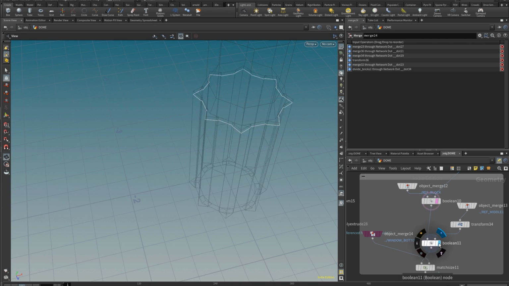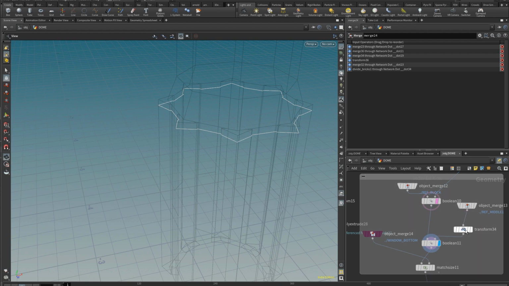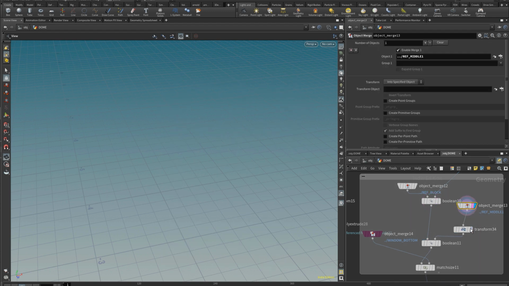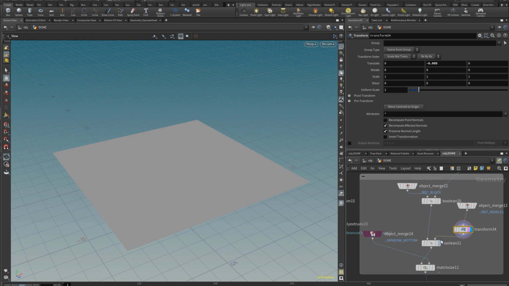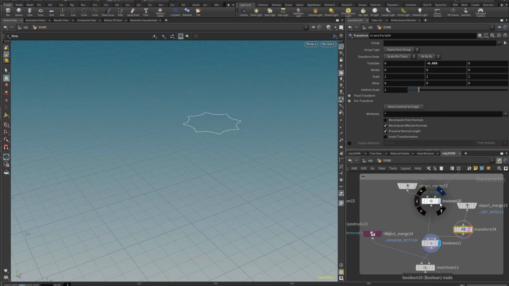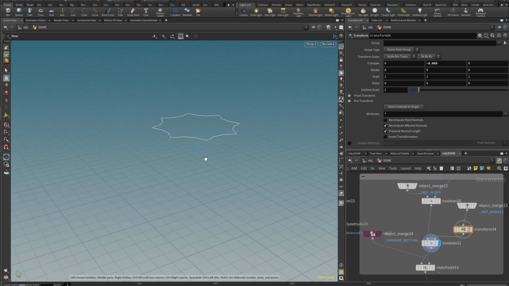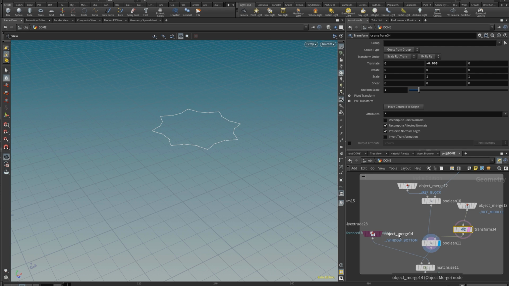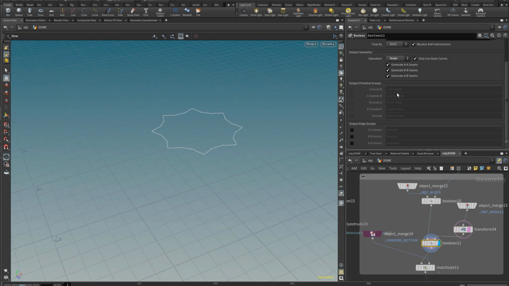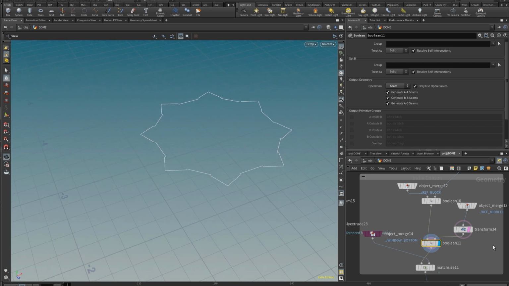Now when I'm using a Boolean in seam mode, it's basically slicing everything to extract a curve. So this is just a grid that I'm using to intersect with the geometry that we just created. As soon as it intersects, it's going to extract a shape, a slice, if you want, of this model. You just need to set the Boolean to seam. And it will return this kind of result. That's pretty neat. We can use that if we want.